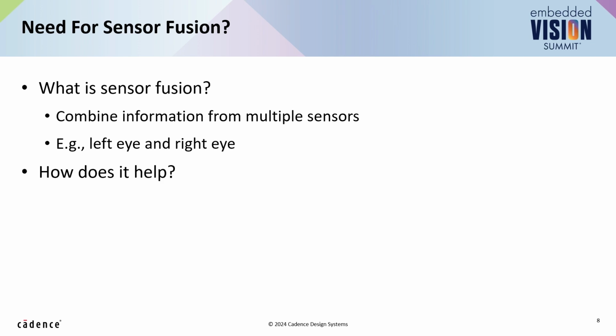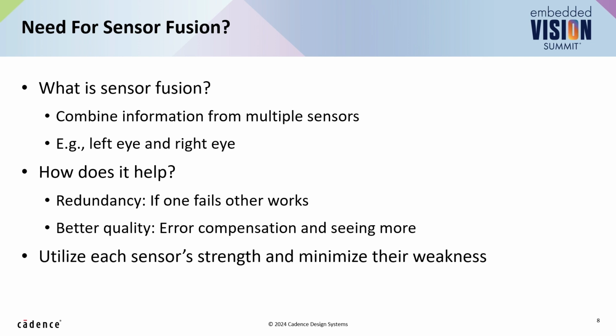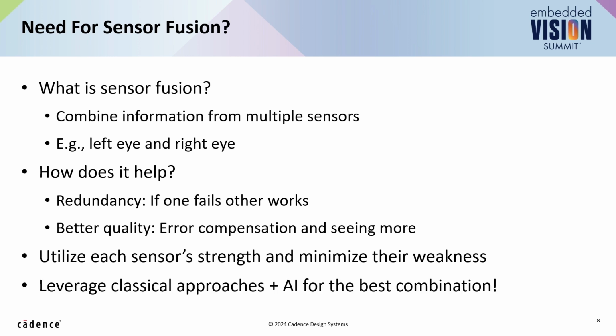Now, the question is, how does it help? Well, simple. There's a redundancy element here because if one sensor fails, the other one can compensate, but they can also work together to give you better quality, better fidelity of the environment. So you can utilize each sensor's strength to minimize the weakness and basically have a larger coverage. Also, going from sensor fusion, which is more of a classical approach, augmenting that with AI can probably be the